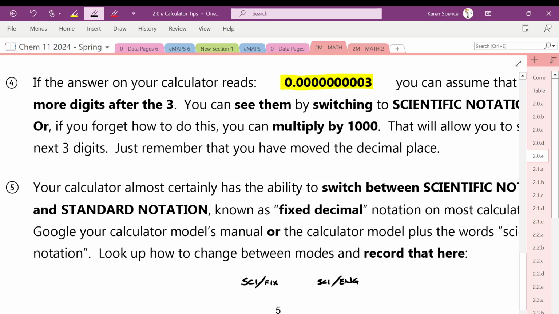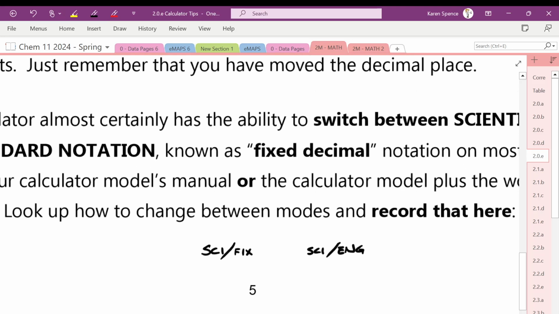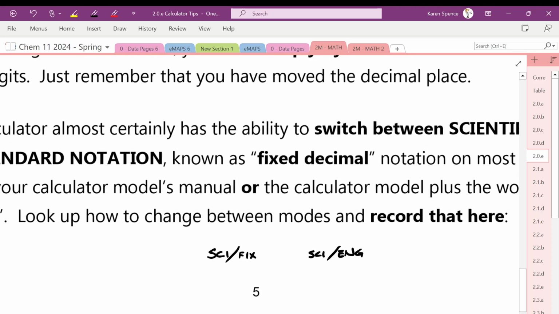Then you are really lucky, because with the stroke of one button, it will allow you to change between scientific notation and fixed decimal, or between floating decimal, scientific notation, and engineering notation. Engineering notation just puts it in different powers of 10 to the 3, so it'll be like 10 to the 3 or 10 to the 6. Just don't worry about engineering. We're not doing engineering this year, so just ignore it. So if you have one of those buttons, you're lucky. If you are not so lucky,